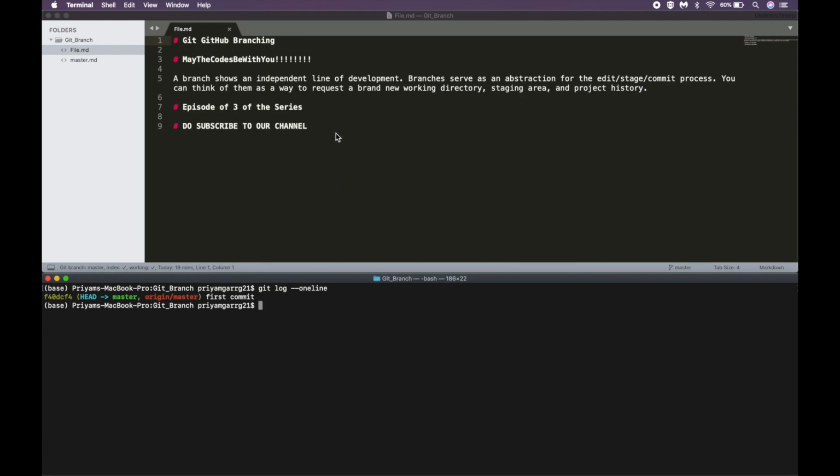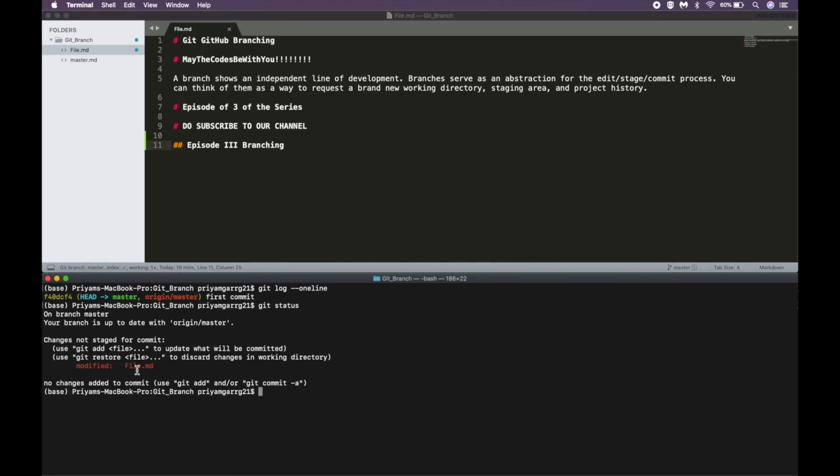Let us try to make some changes in this file. Now you can see the status. We have modified the file MD. So let us add the file, and now let us commit the file.